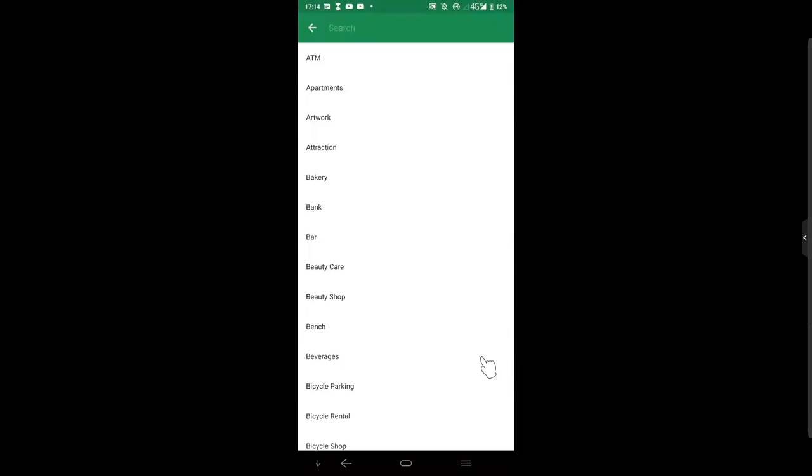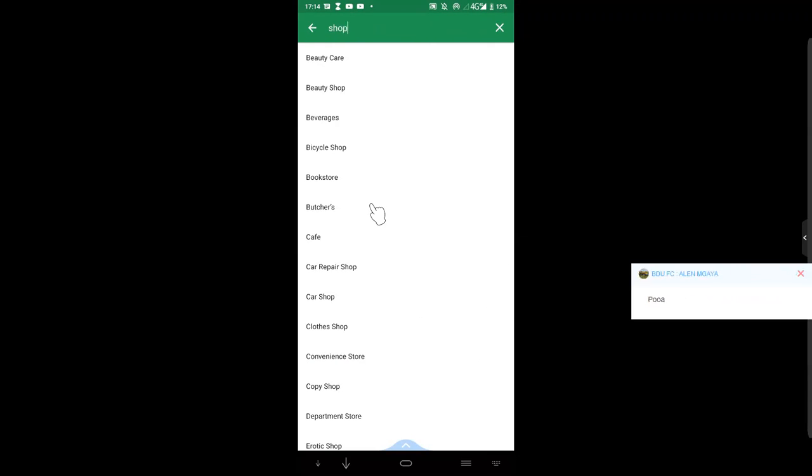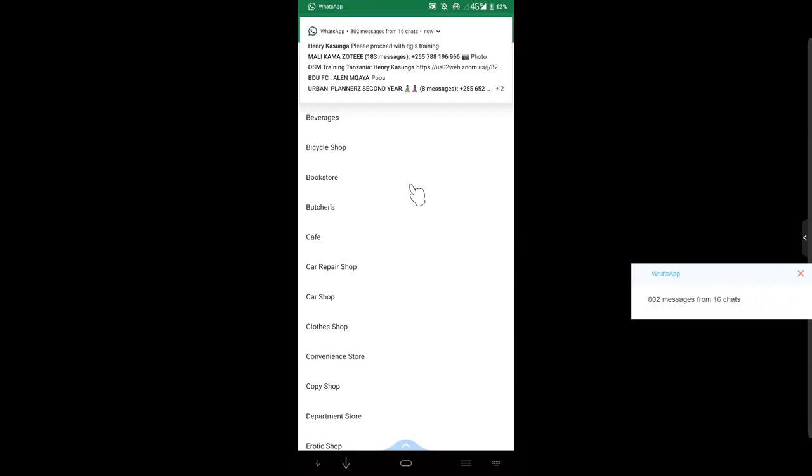Then we are going to add some tag of that feature. Let's say we say that that was a shop. So I will search shop. Yeah, so you can select which kind of shop you needed to add, bookstore,